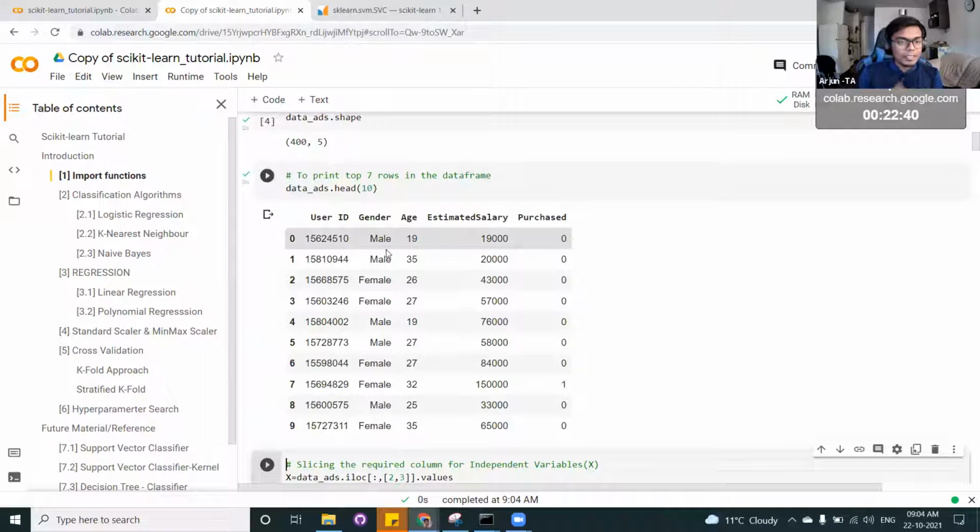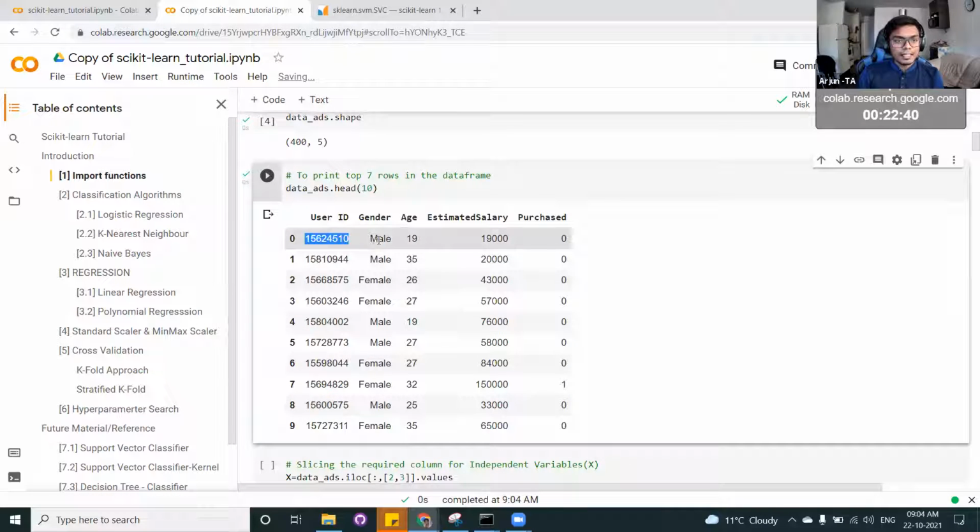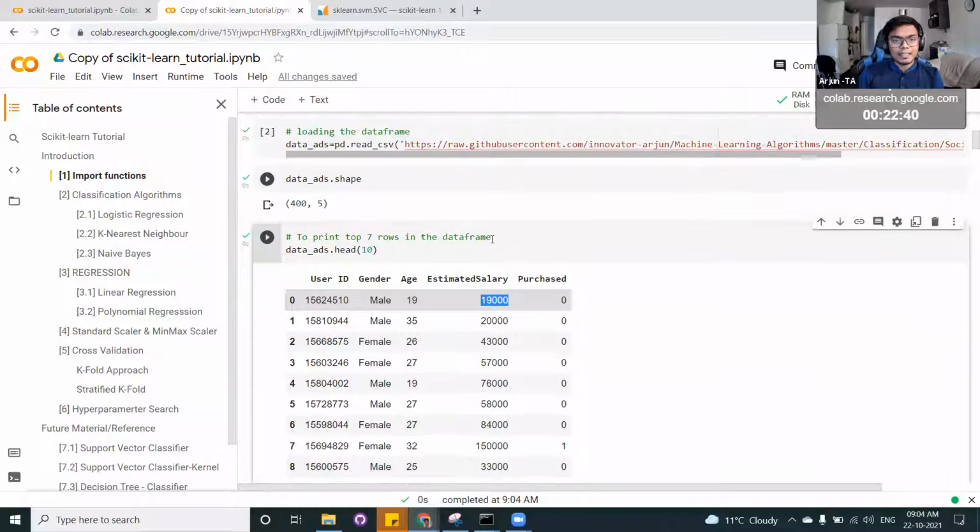So in this problem statement, we have a user ID, the gender, male or female, and their age. Then we have an estimated salary, and whether the person has purchased or not. This is dummy data, but you can correlate it from a business point of view. Let's say you are opening a bank account, and the bank has access to information like your credit card usage, your approximate salary, how you're purchasing, and what kind of spender you are.